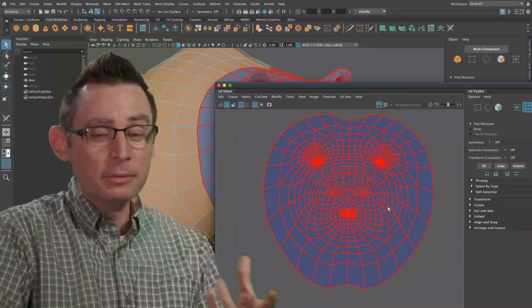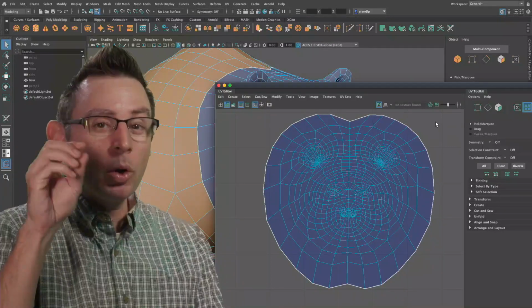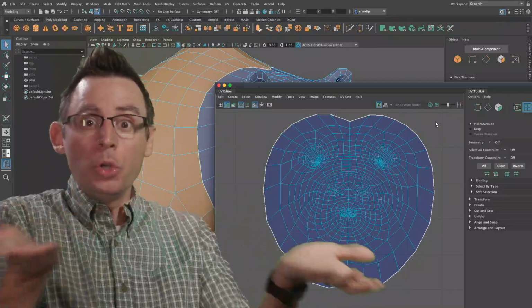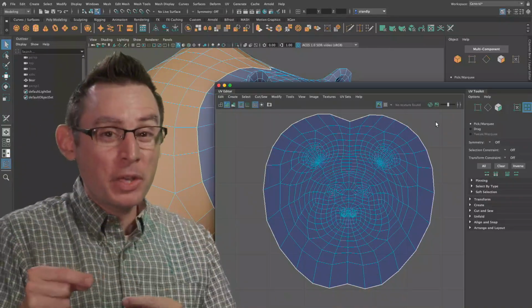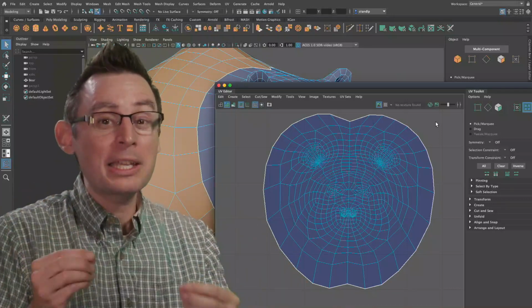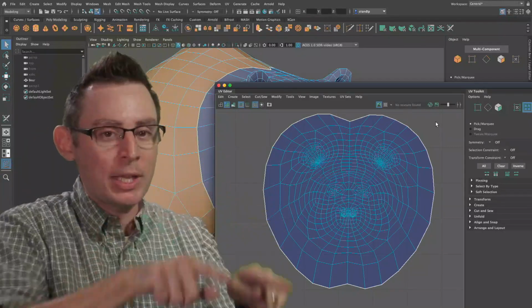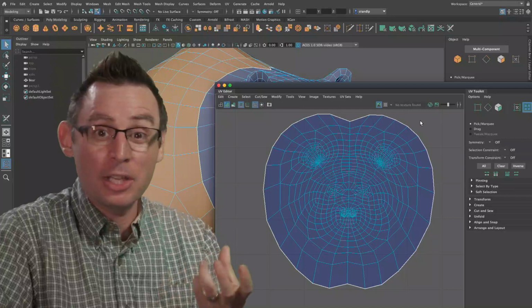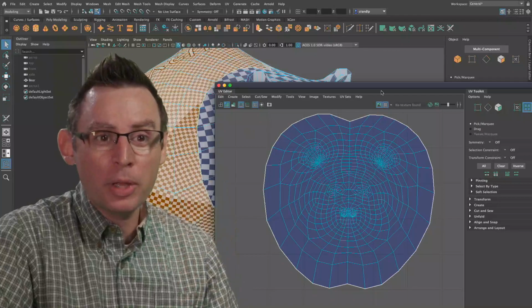Now on the surface, no pun intended, it looks to be okay for the most part. But keep in mind, we're going to be placing a two-dimensional texture. Let's pretend like a picture of wood or something on the face of my bear, or fur on the face of the bear. How our UVs are created and their orientation and distribution inside of our UV space is going to have a direct impact on how that two-dimensional texture is going to be overlaid on top of the three-dimensional geometry in here. How we test this inside of Maya to see and understand and get a good visualization of this warping and distortions is right here with this checker pattern. It's a good place to start.